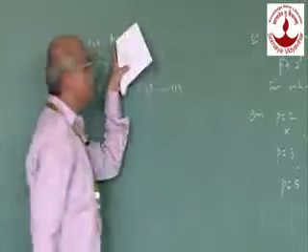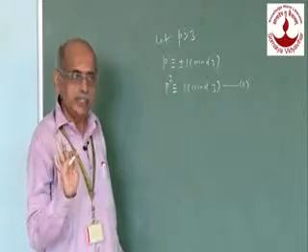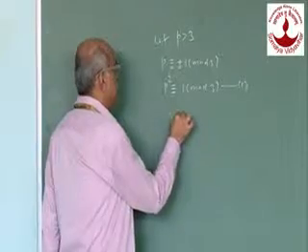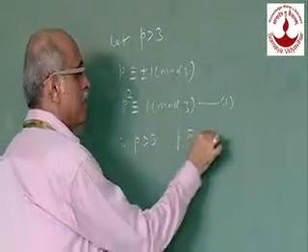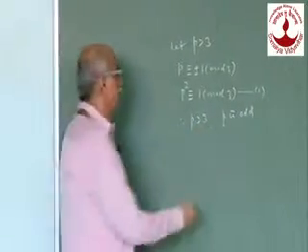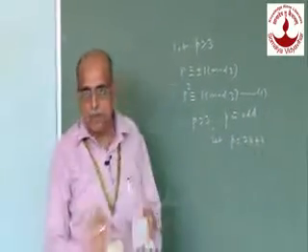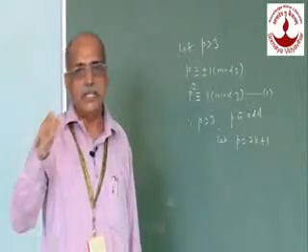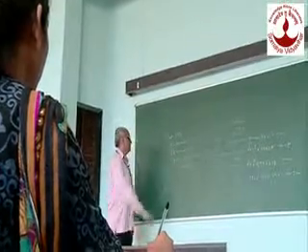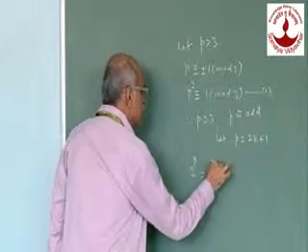Now the prime selected is p greater than 3. And what is the earlier observation? 2 is the only prime which is even and the rest of the primes are odd. So since p is greater than 3, p is odd. Let p be of the form 2k plus 1. All even numbers are multiples of 2, and odd numbers we can write in the form 2k plus 1. And therefore 2 raised to p is the same as 2 raised to 2k plus 1.